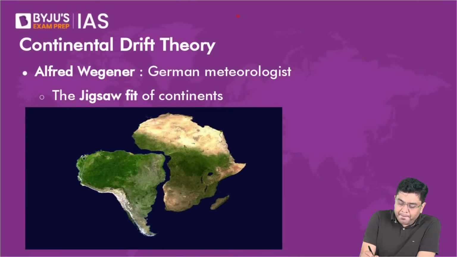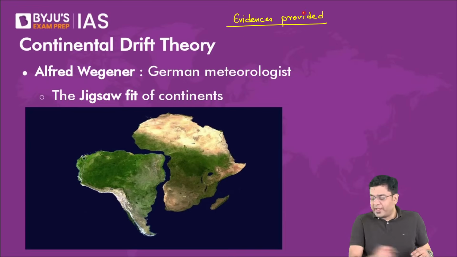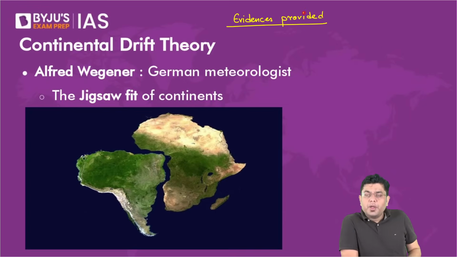Okay? Evidences provided. Yes, Laurasia is also referred to as Angara land. Now, amongst the evidences which were provided by Wegener, let us understand why Wegener thought about it. Being a climate expert, why did it dawn upon him that indeed the continents would be changing their place? So, the first inkling or the first idea that he had was that of the shape